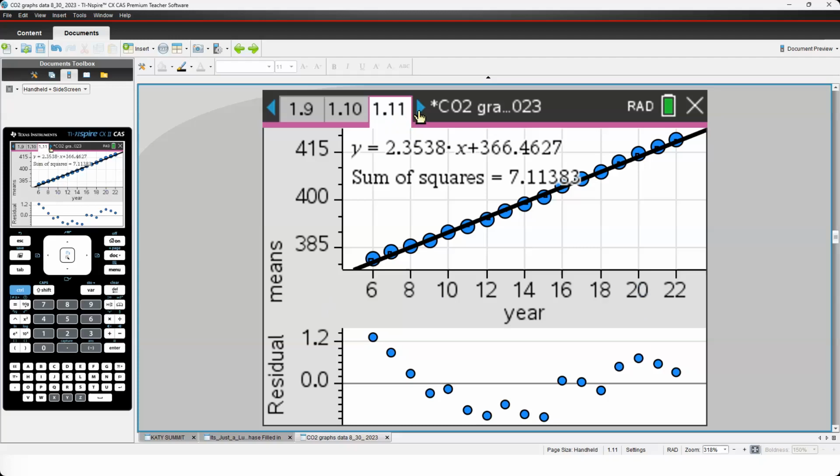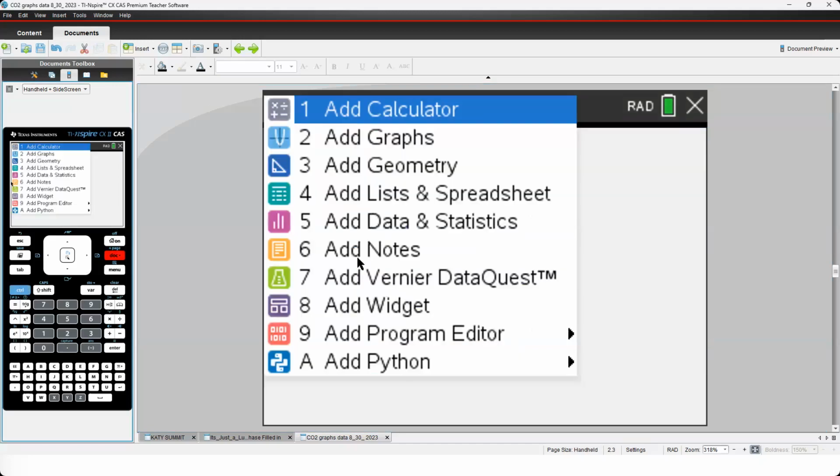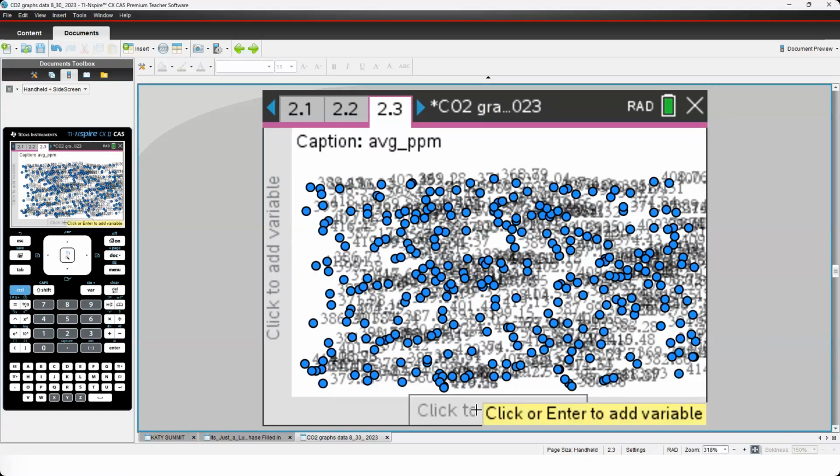We're going to go to 2.2. And one of the things that I just didn't show is that it didn't take into account the cyclic stuff. So we're going to look at 2.2. You're going to go back to insert a data and stats page. And I have to really hurry this up so we can get this done, so you've got time to do your polar stuff.